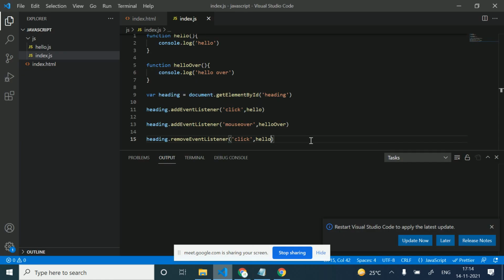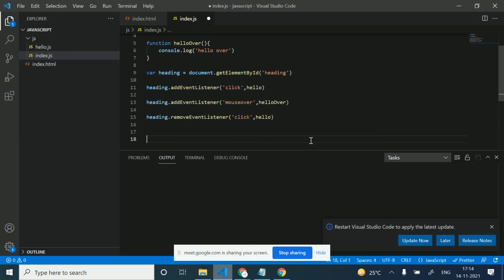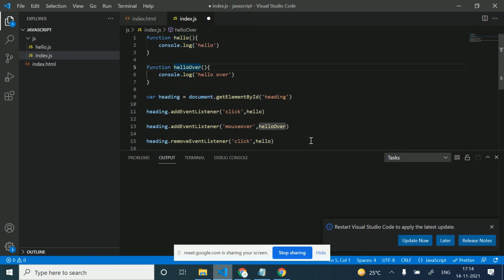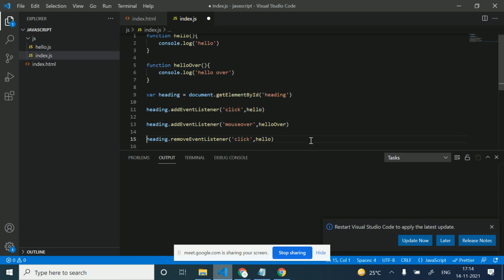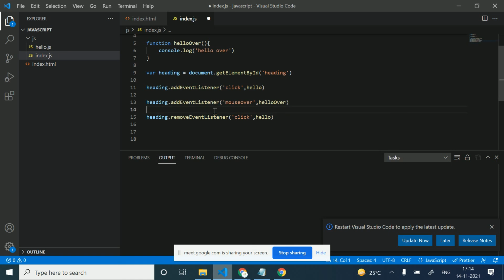There may be a situation where we have added this event, but there may be a requirement that an event added on the window object should not work somewhere else. So I need to remove this event as well.